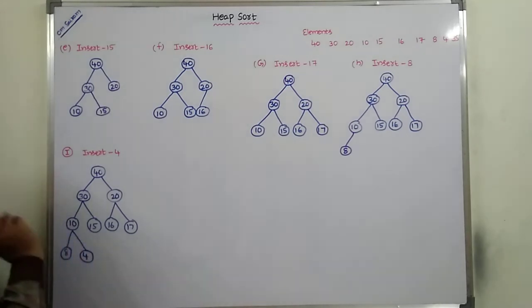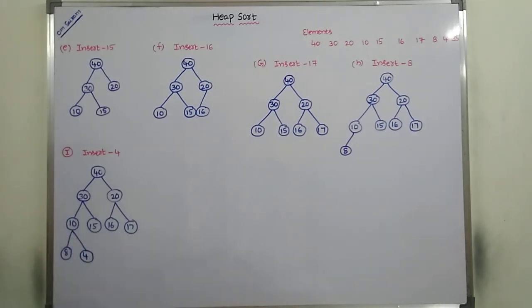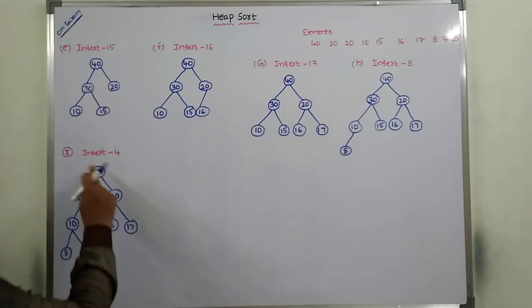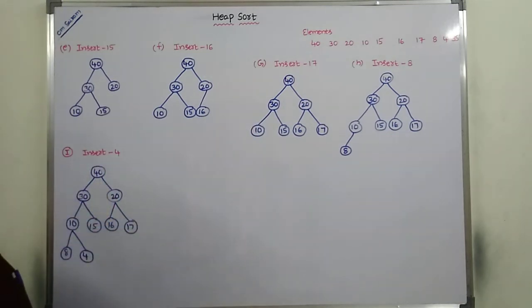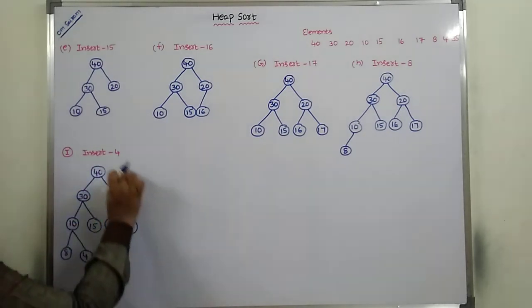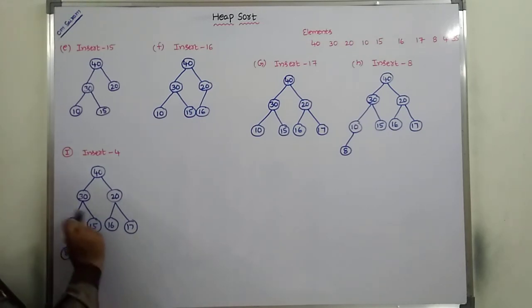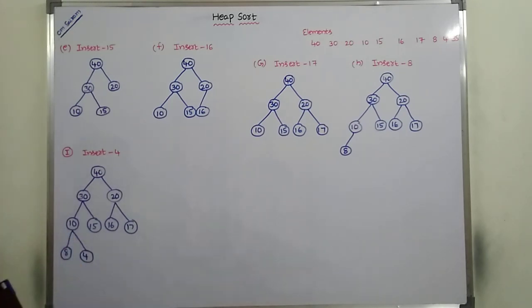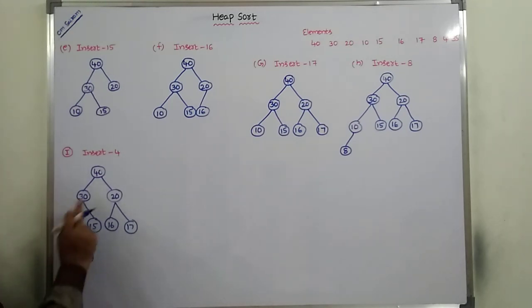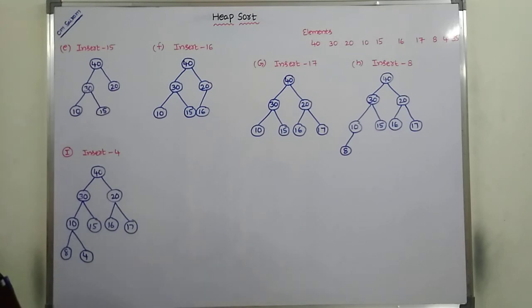10 is greater than 4. It satisfies the maximum heap property. The remaining all were checked in the previous case. There is no checking of the remaining tree. We only have to check this part because the modification can be done only in this place, because we inserted 4 as a right child of 10. Once you check, the remaining all satisfy the maximum heap property. Okay.